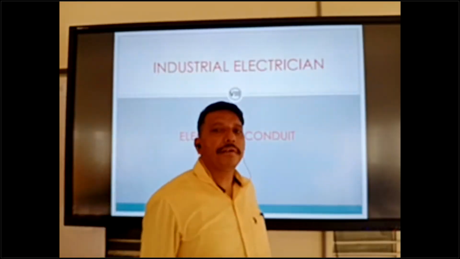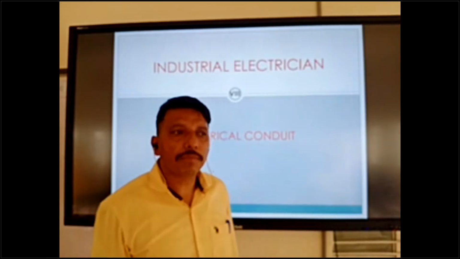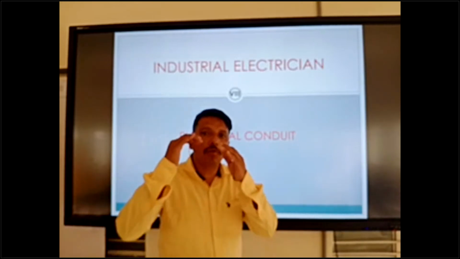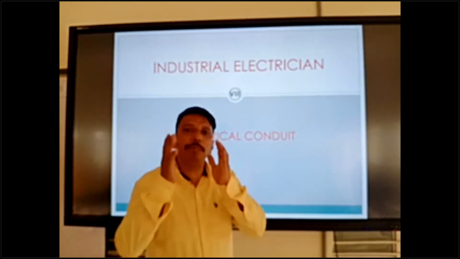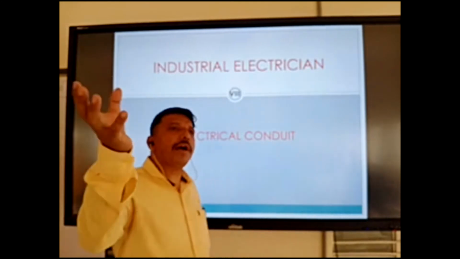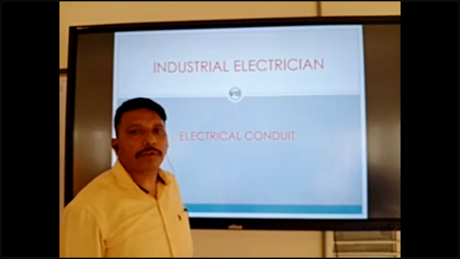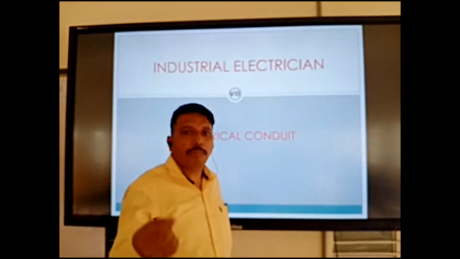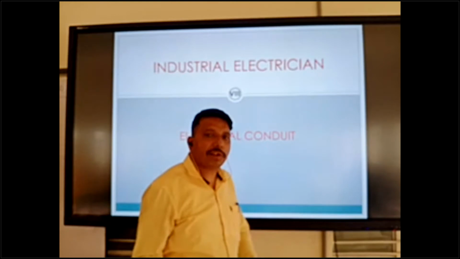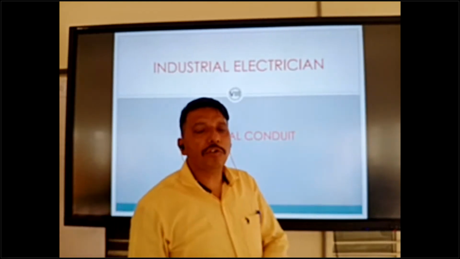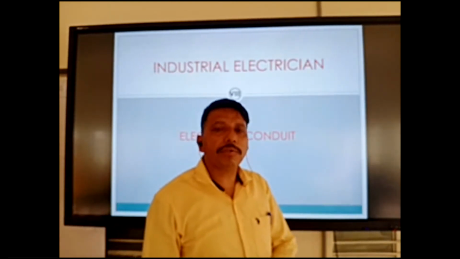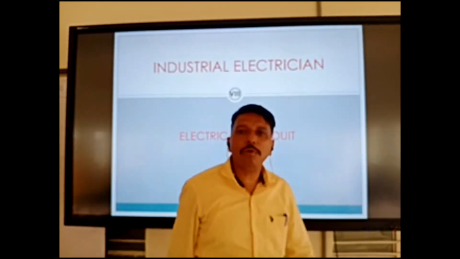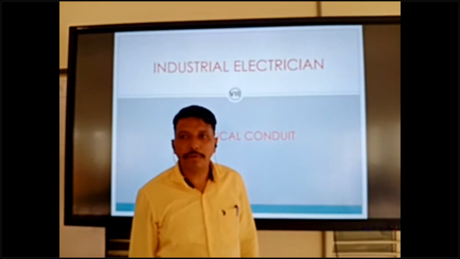Root of the electrical wiring system, which is making the route from DB2 up to the electrical device or equipment. We can make the wiring root. We can first install the GI conduit, PVC conduit, or any type of conduit, and then we can wire inside the conduit up to the equipment.